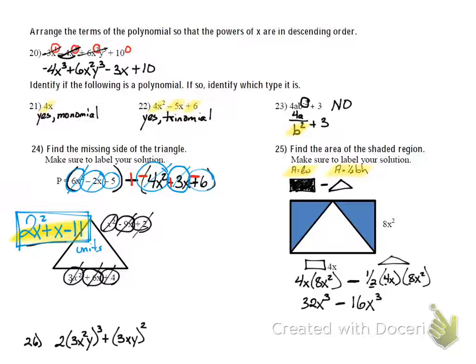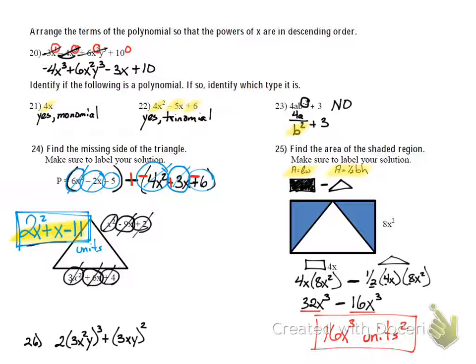And then what you need to notice here is that, yes, these two are like terms. So 32x to the third minus 16x to the third gives you just a 16x to the third, and that would be units squared. Because we are talking about area, it is in square units. So 16x to the third units squared. Alright, very good. And last problem,